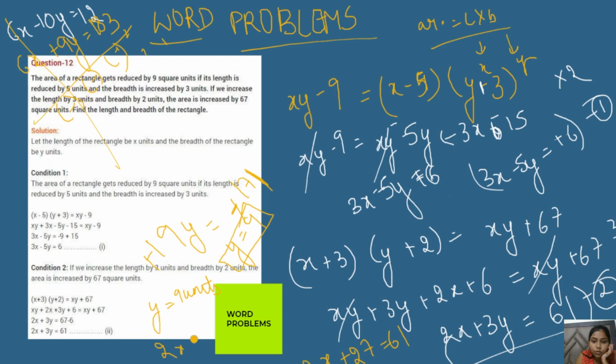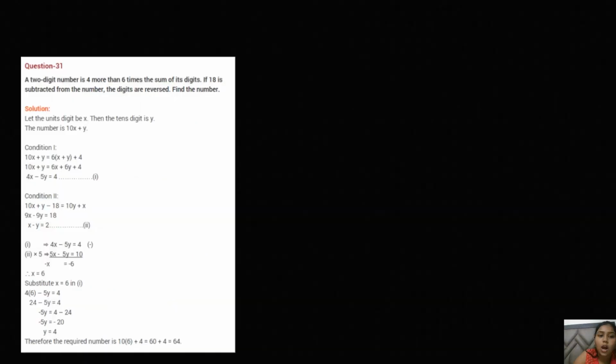Whatever is written in the question, just have a look at them and you can just put and make the equations. The main point in the word problem is to make the equations, and once you have made all the equations, then you can easily solve by either of the methods. So our last question is basically also a word problem, so you have a better understanding and practice of the word problems, right? A two-digit number.